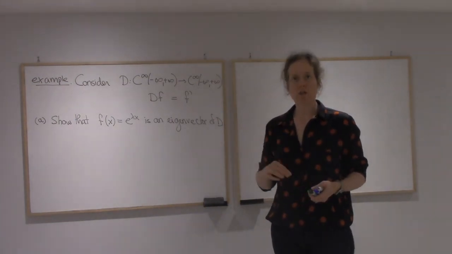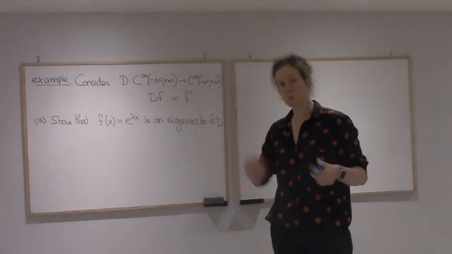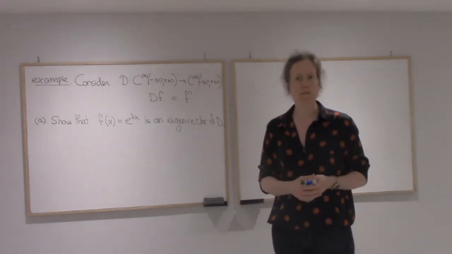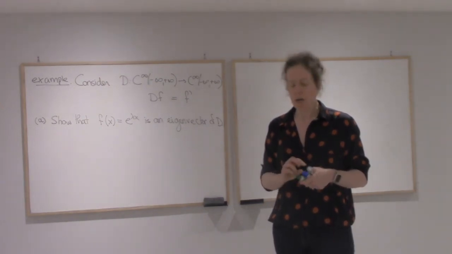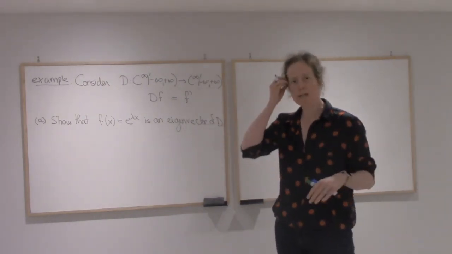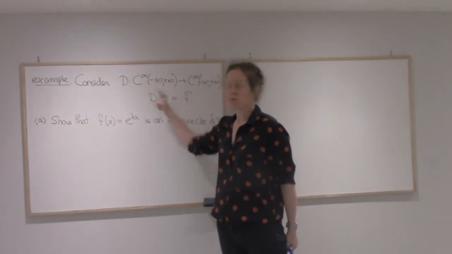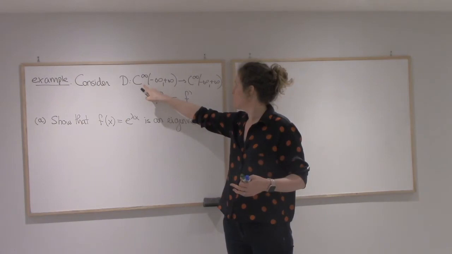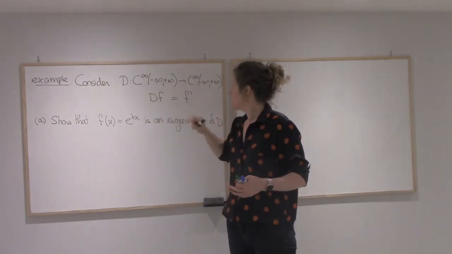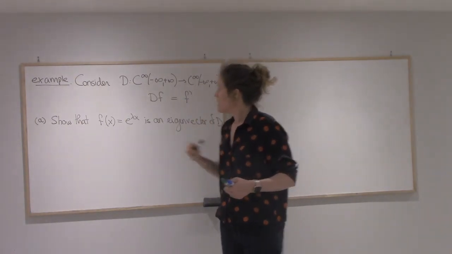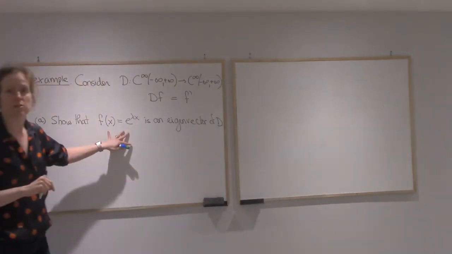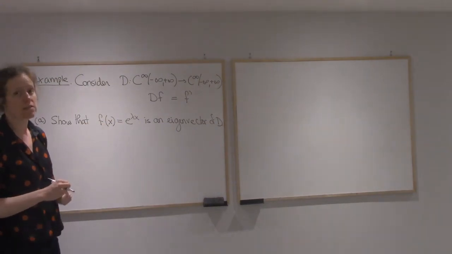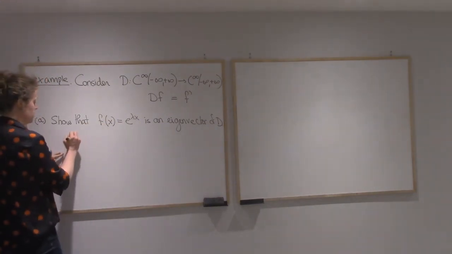In this section of the class, we'll be looking at derivatives and differential equations and trying to solve them using diagonalization of matrices. So let's start with a simple case. I'm going to think of the derivative as a linear map from infinitely often differentiable functions to that space again. So the first thing I want to do is just look at this specific function, e to the lambda x. I claim that it's an eigenvector for this. To prove that, all I have to do is apply